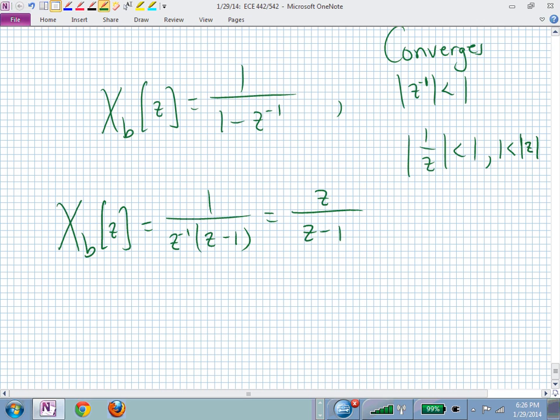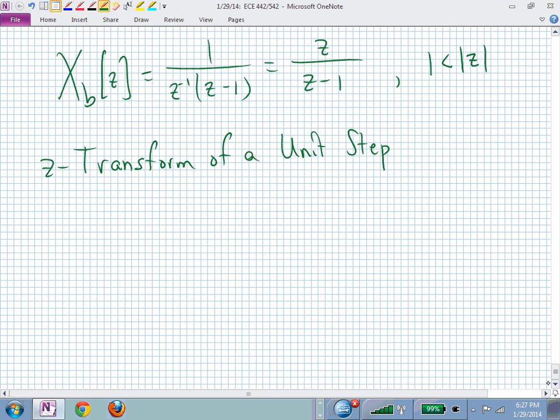And that's true as long as z is bigger than 1, or it's outside the unit disk. And that's now my z transform of a unit step, which gives me this ratio of polynomials in z, z over z minus 1,